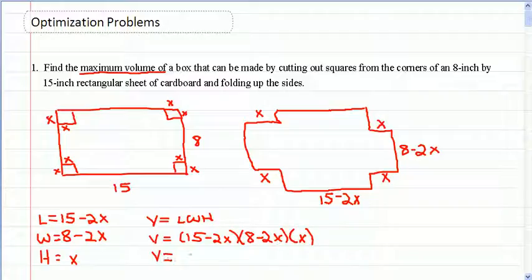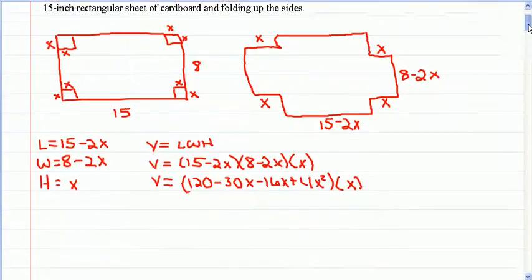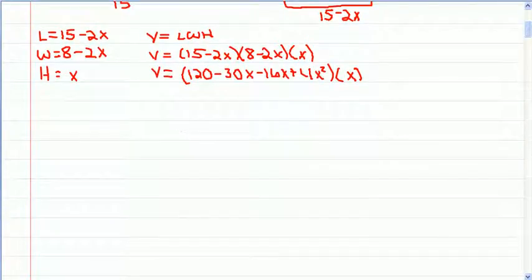To find the volume, I will first FOIL 15 minus 2x times 8 minus 2x. And then multiply by x so that I have 120x, and